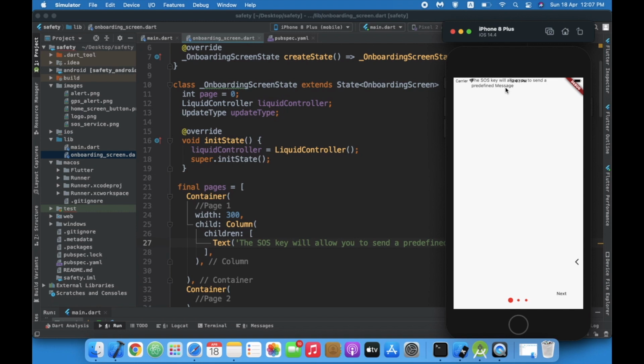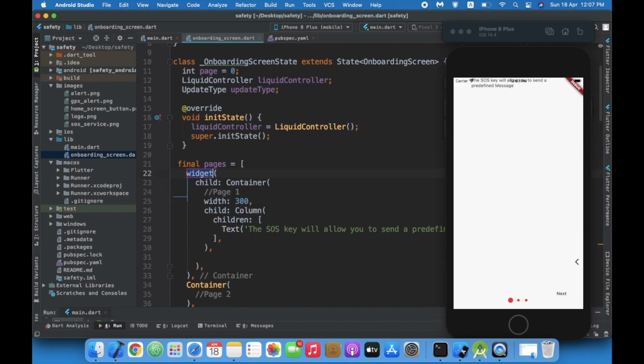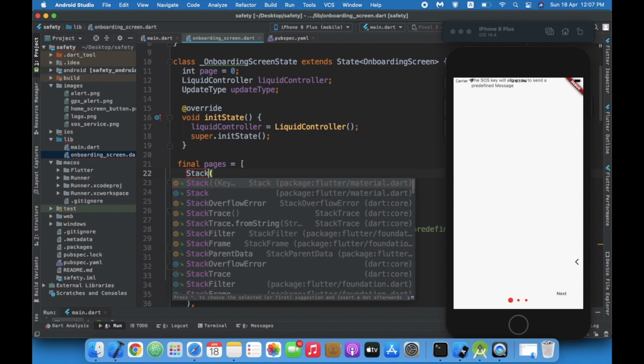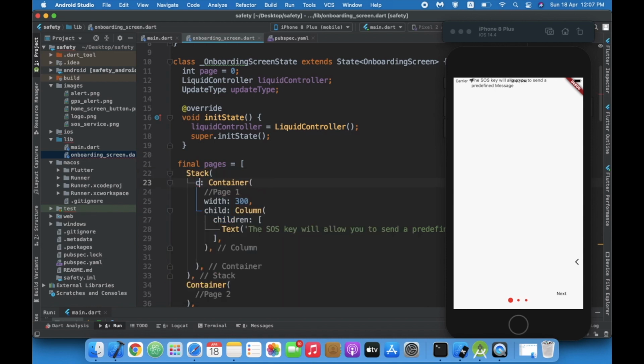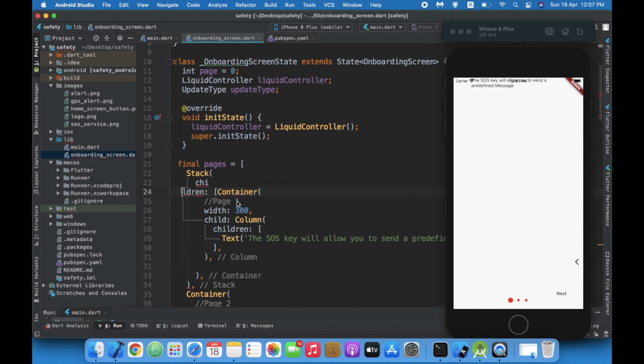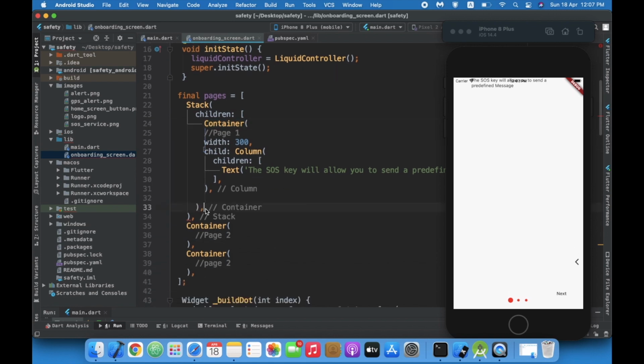Okay, now let us take this column a bit down into a stack view, and this child will be changed to children. Okay, and then I'll give position.